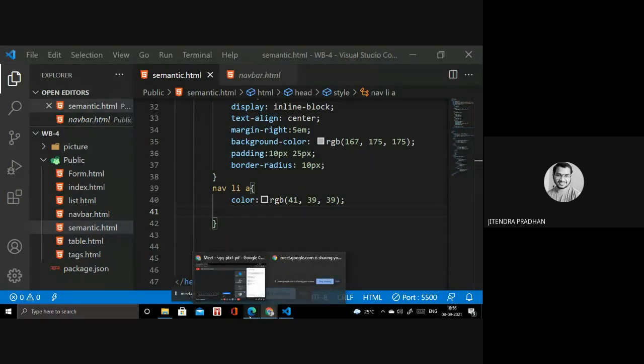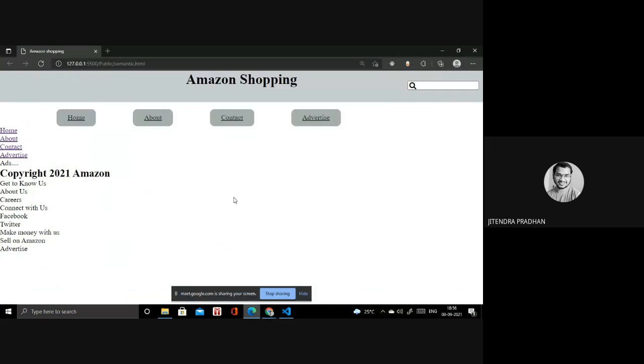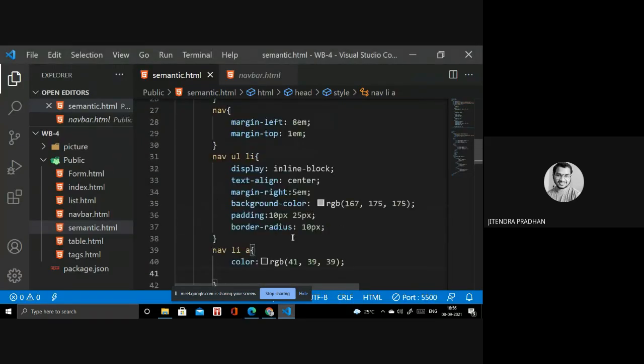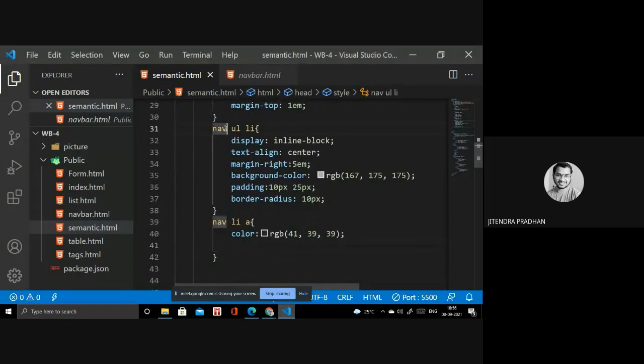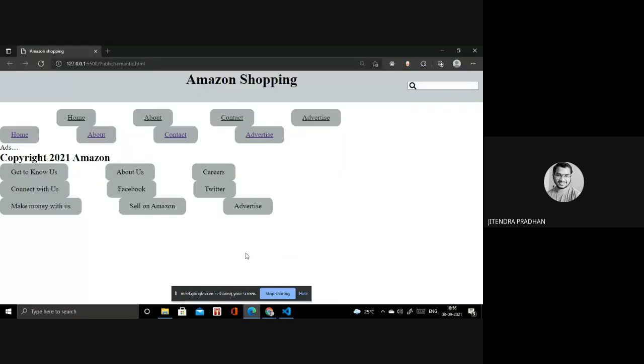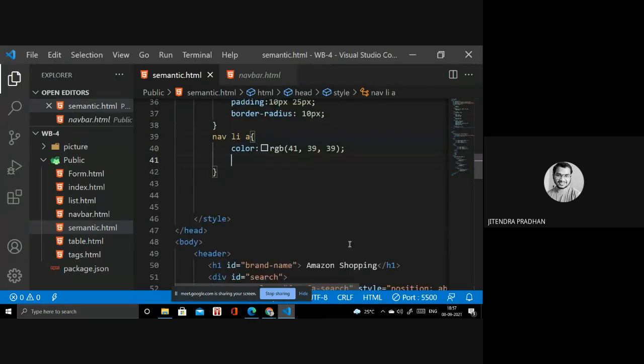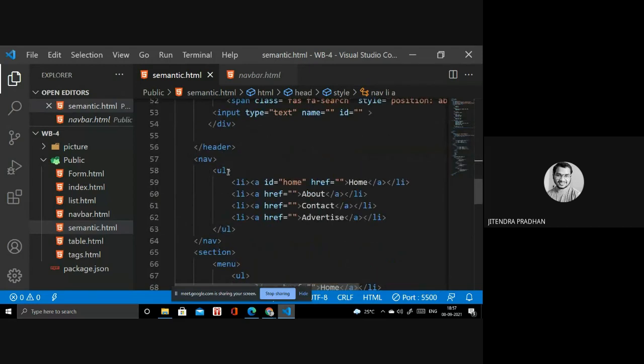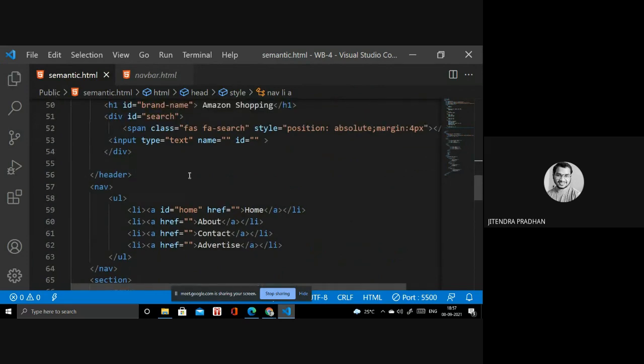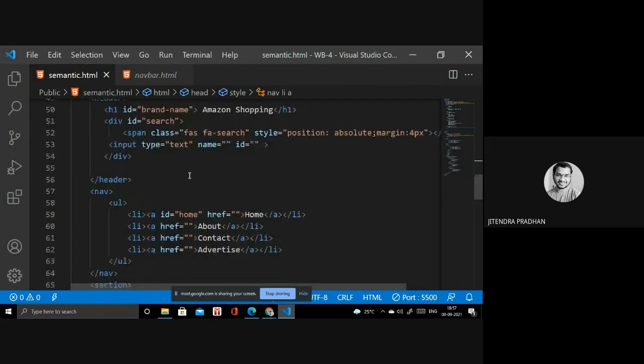So next I need to change something inside home, and I need to write something for the article inside that. At first I will write down that one, it's like a UL LI. Let's see. I don't need that one, so I have to write navigation. It will target that navigation. In that navigation we have UL LI, and it will target them particularly. That's why you write navigation, and inside we have UL, and inside that we have LI. Okay, that's how much you have to write.